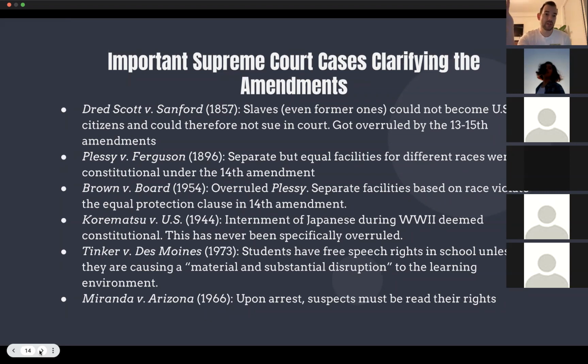And there's a good reason behind it. It's because the court doesn't want to have to every year make the same decisions over and over again. They want to settle something and then move on to the next thing. The problem is when you have a case that's really, really decided poorly, then it can be hard to overturn it.